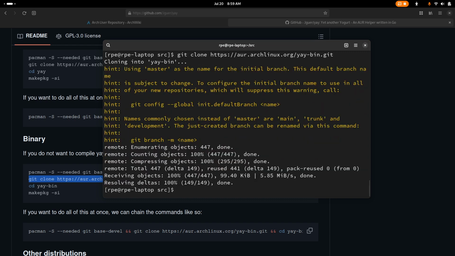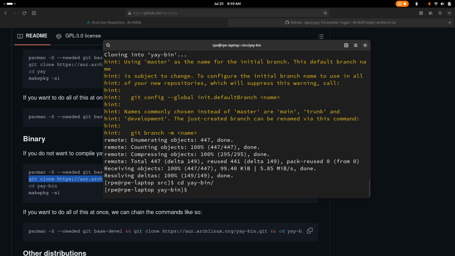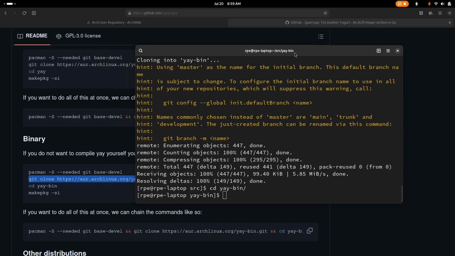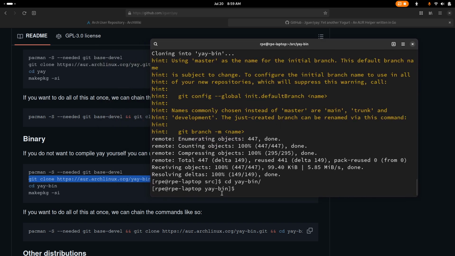Generally, you just shouldn't run random commands from websites, because they could do malicious stuff and break your system and all sorts of nasty things. But yeah, I tried this before, so it kind of made sense. Anyway, next it tells us to change directory to the folder we just cloned, and then we are simply gonna do make